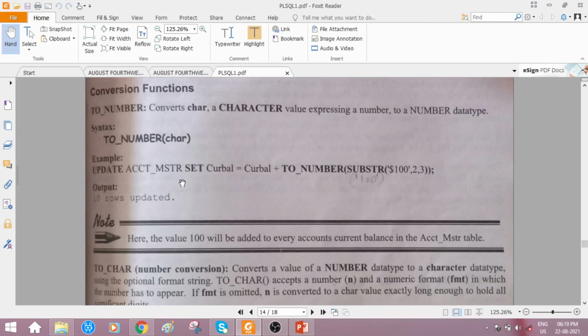For all the 10 rows, this particular formula is applied, the current balance amount is added with 100, and the new current balance is observed for all the 10 rows found in the account master. So this is with the to_number conversion function.